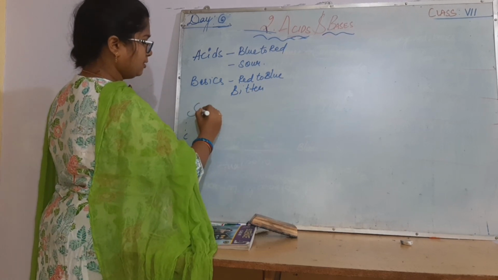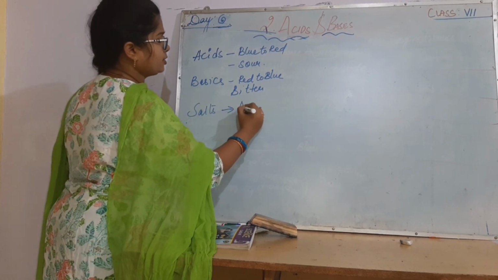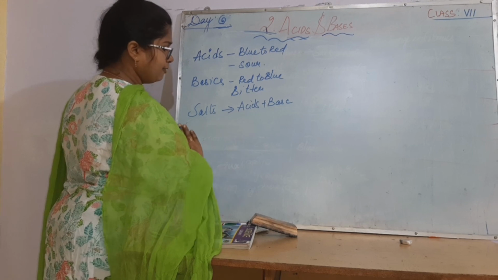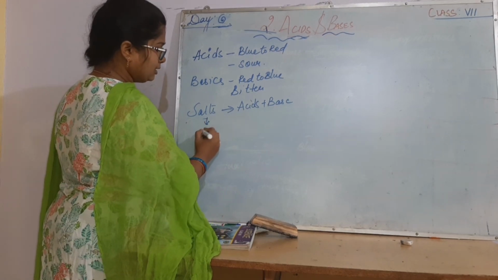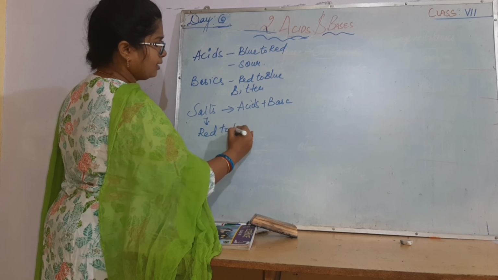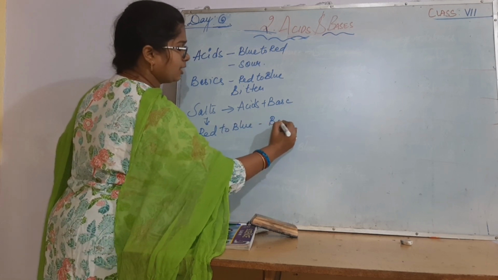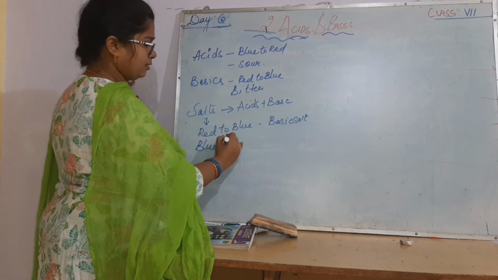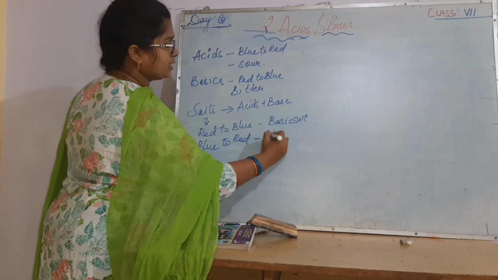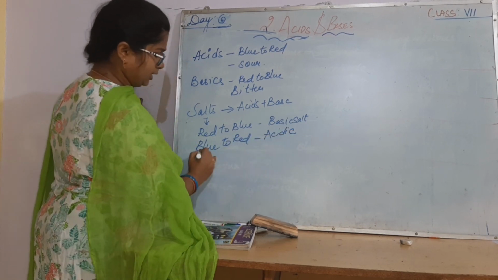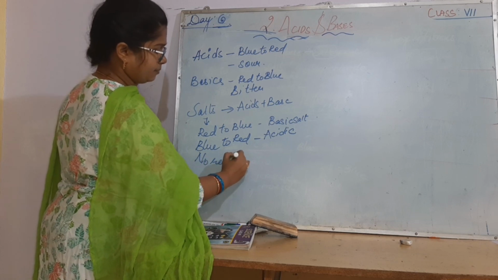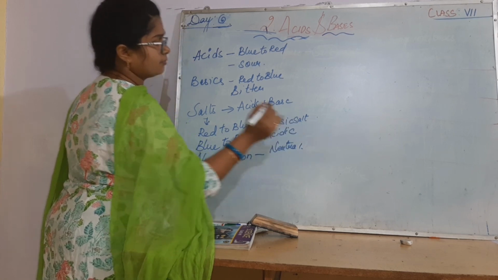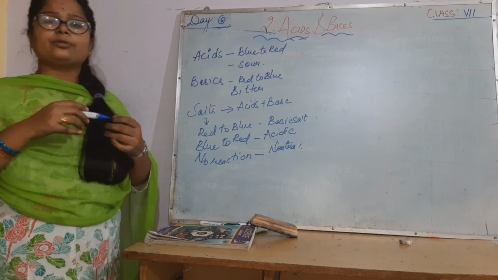And salts are formed when acids and bases combine in the proper proportion. If the salt changes red to blue, then you say it is a basic salt. If it is blue to red, it is an acidic salt. No reaction with litmus paper, it is said to be a neutral salt. These are the main things you have learned in this lesson